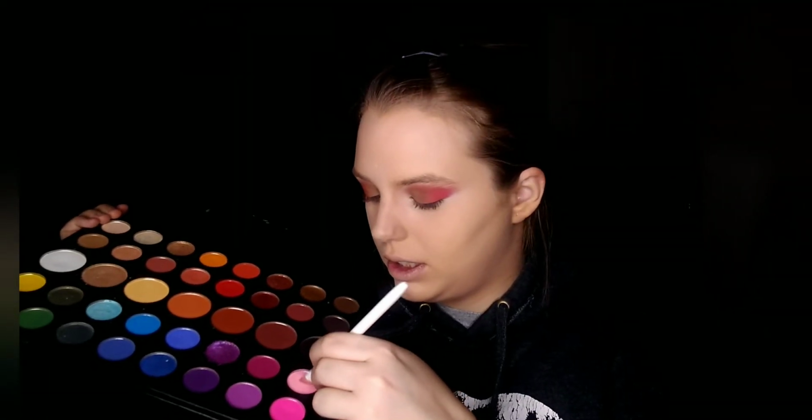Alright, so I've set my entire face. Now what I'm going to do, I want to do my under eye finally. Okay, so I'm going to need this one for all the little spikes, and I'm going to need this one for the other part. I'm going to grab this palette, because if you haven't noticed, Fearow does have a little bit of pink on it, so I'm going to take this lighter pink shade right here and really build it up on my brush, because it is really light in color, and I'm going to take it